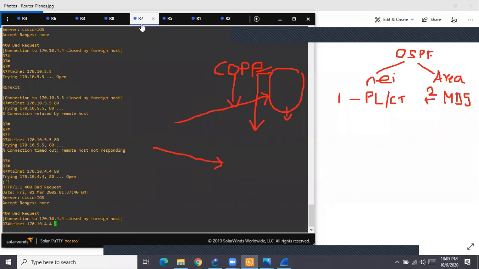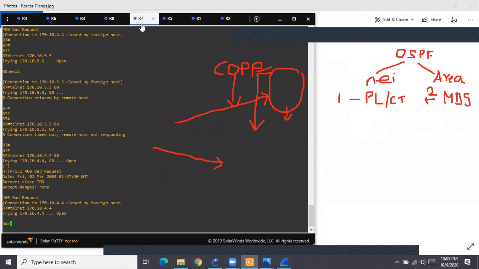R7 was able to do telnet to R4, that is also working. So other traffic is not affected.